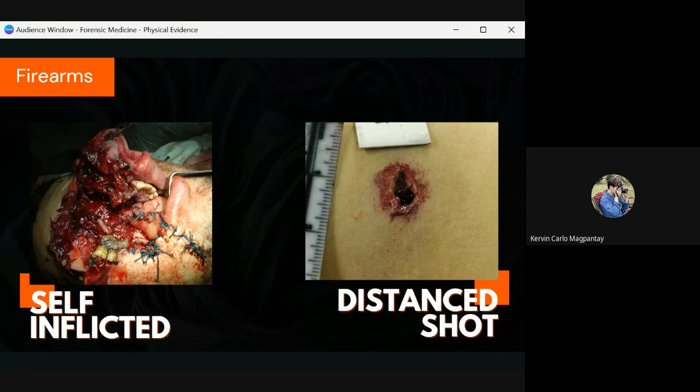In this part, makikita naman natin na may malaking effect talaga ang distance ng barrel sa sugat. In the first picture,